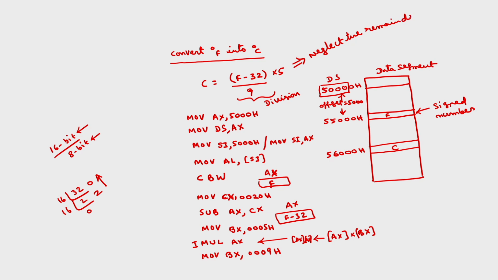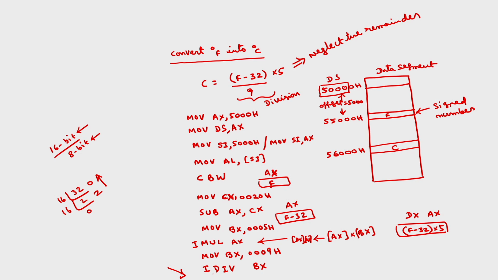So I am taking only the integer value of this, I am not considering the fractional part. Then I DIV, this is a 32 bit number and this is a 16 bit number, I DIV BX. So this will perform DX AX by BX. DX AX will be having the 32 bit equivalent of F minus 32 into 5,